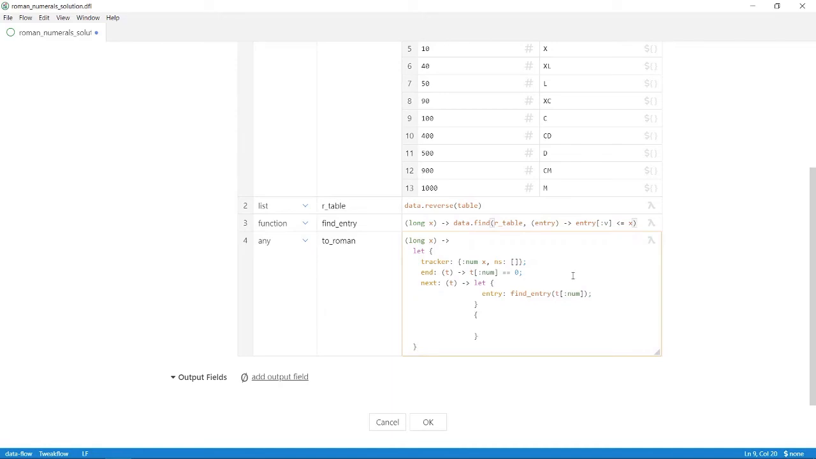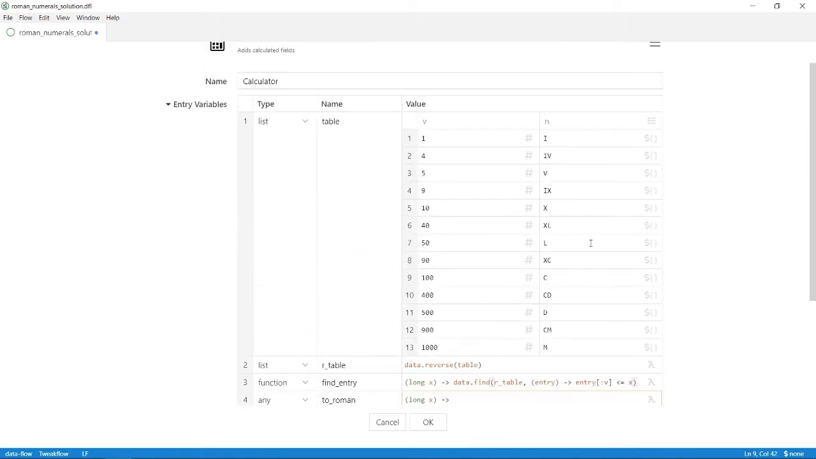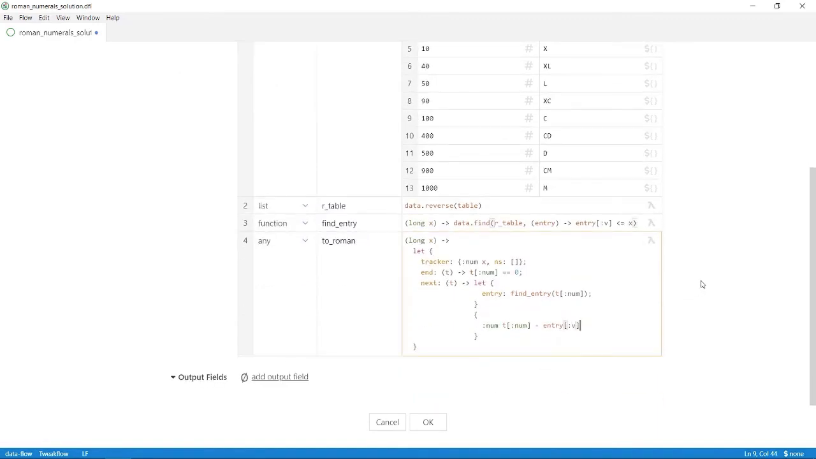And we're going to have to return a new tracker. So this is the structure for a tracker, and we're going to have to define the keys. Number is going to be the number we had before, minus whatever we found in the entry. The key for the entries was V. All right? And the ends, the Roman numerals that we're accumulating, that is going to be whatever we already have,